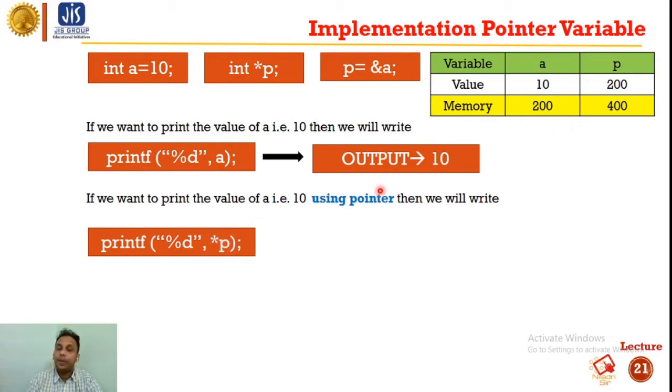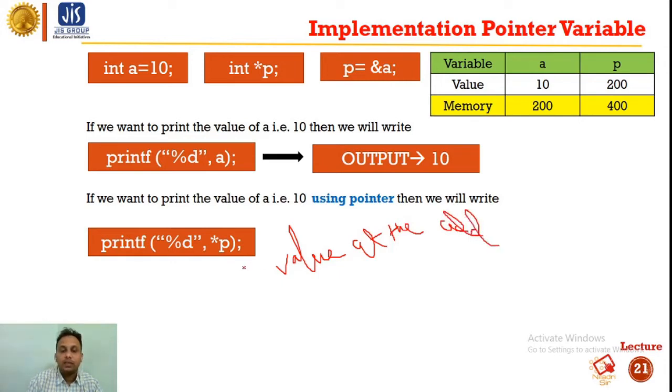What is the value of p? I'm just writing this: value at the address.